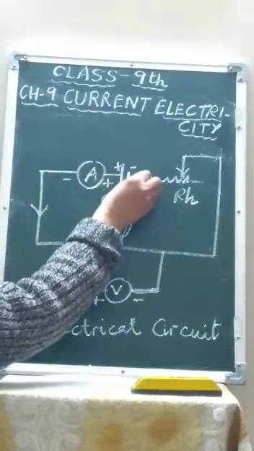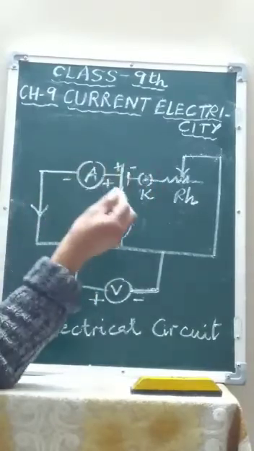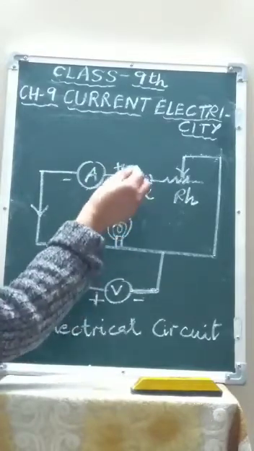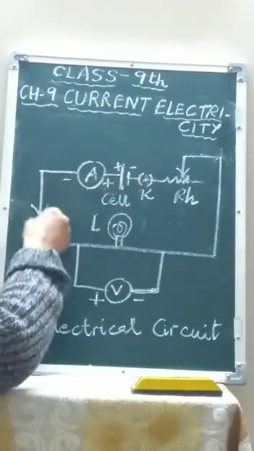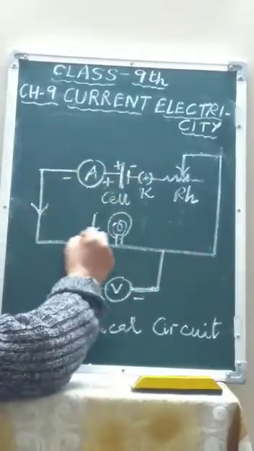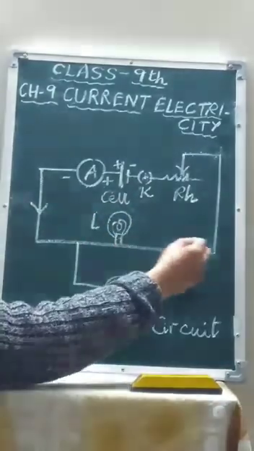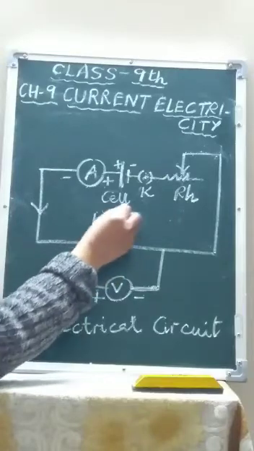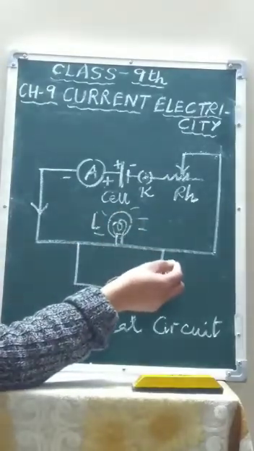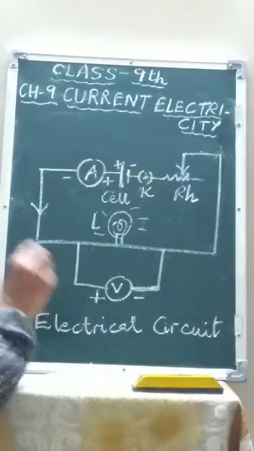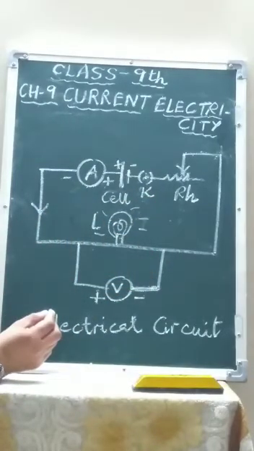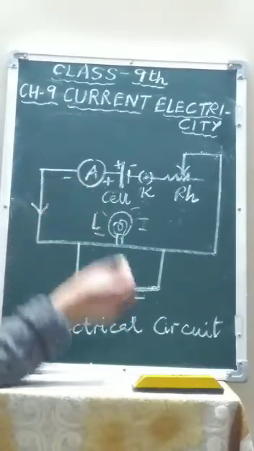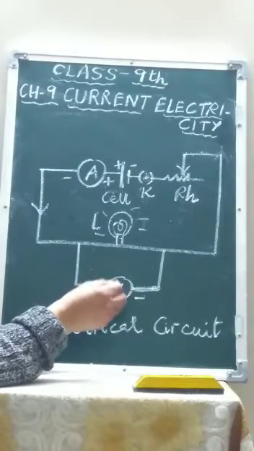Now we insert the plug in the key, that means now we have switched on. So current starts flowing through the circuit in which direction? From positive to negative. So the current flows through the bulb from positive to negative of the battery. So now the bulb will start glowing because it has become a closed circuit. In open circuit, current does not flow, and in closed circuit, the current starts flowing. And both the ammeter and the voltmeter will show readings.